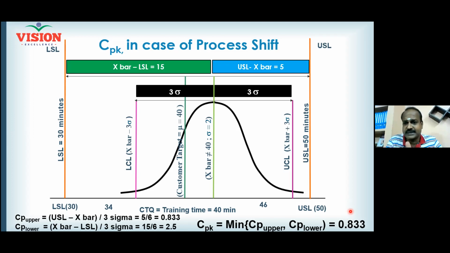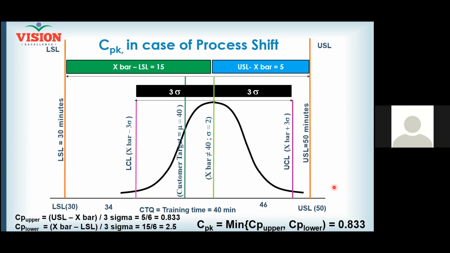You only center it. The person who wants to shoot the target doesn't know how to hold the gun. Otherwise, he can shoot properly. If you simply help him hold the gun correctly, he is going to hit the target consistently. So a simple improvement can make your CPK equal to 1.67. So that is why we call CP the potential process capability ratio, right? Do you now understand the meaning of potential?